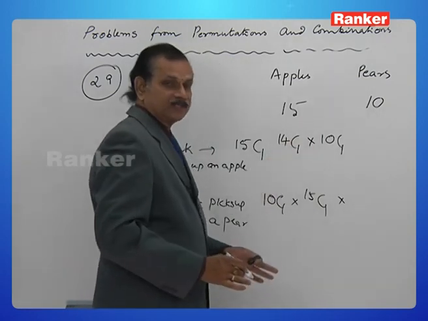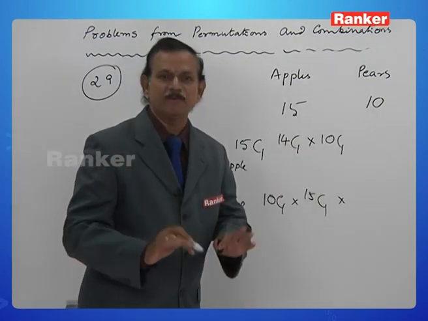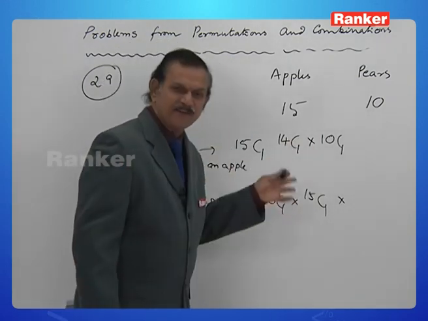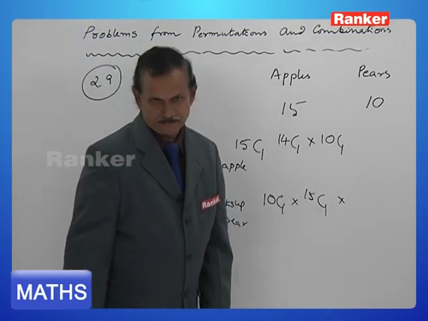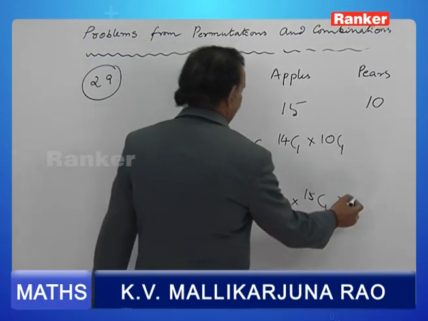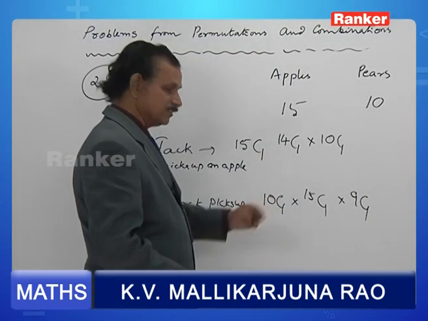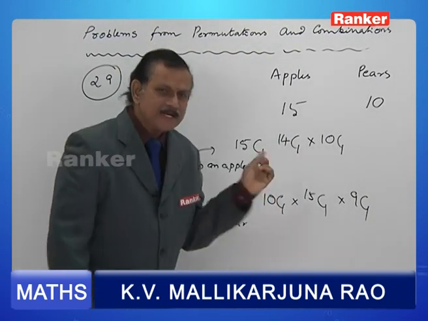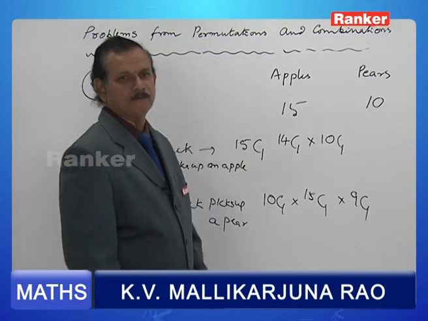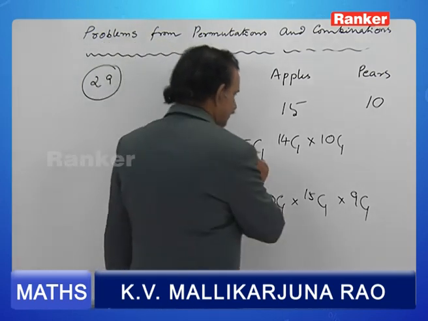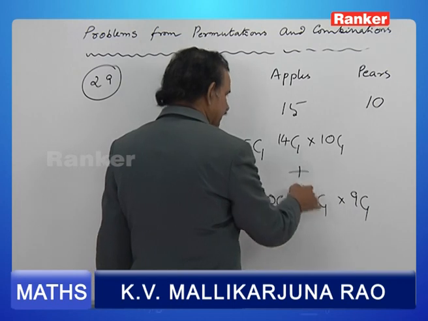And how many pears are left behind? Only 9. Why? Because Mr. Jack picked up one pear already. Therefore, it is 9C1. So, we should have exactly one of them, either this or that. Therefore, the total answer is this plus this,